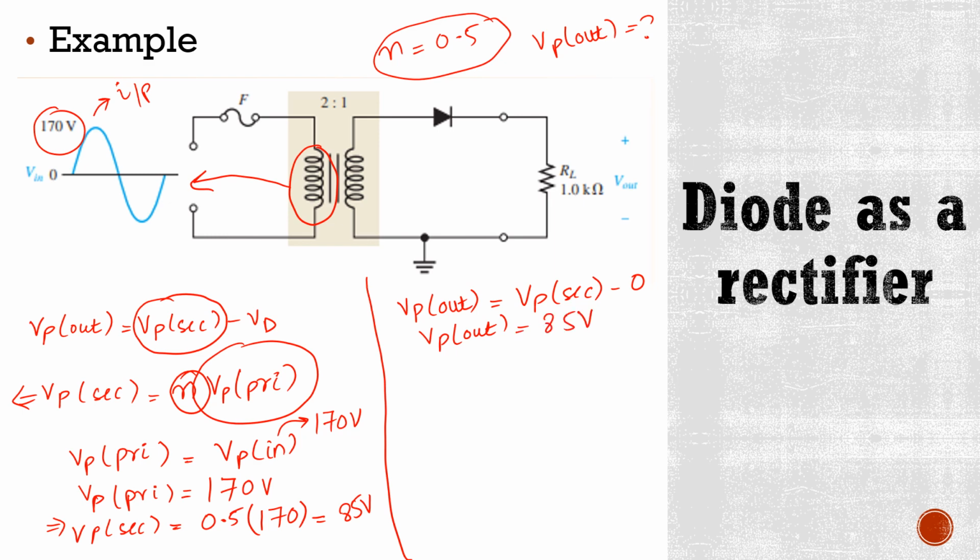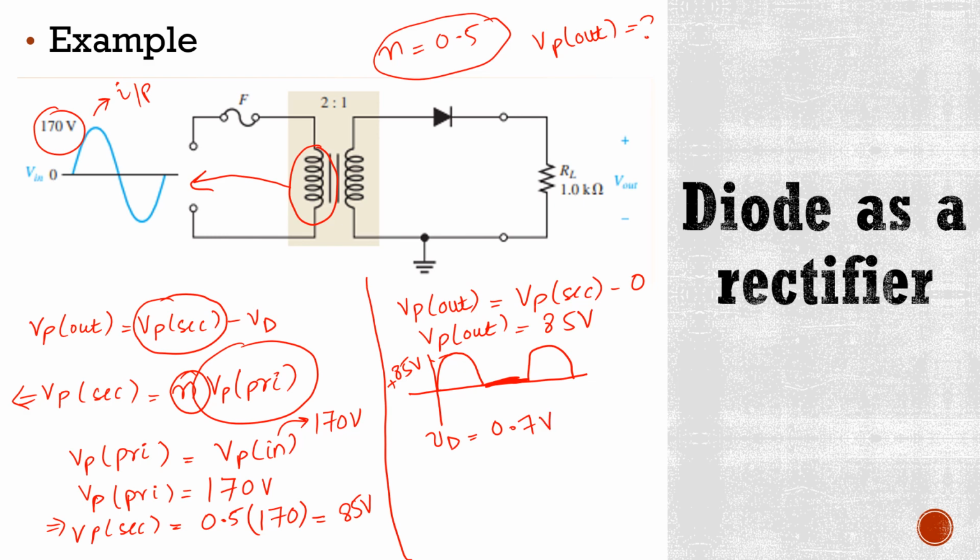Okay, so the output waveform will be like this, where this magnitude is 85 volts. Okay, but if this diode is practical, it means there is some voltage drop,